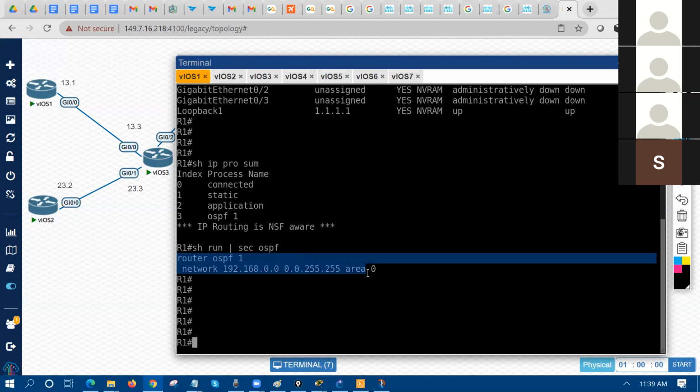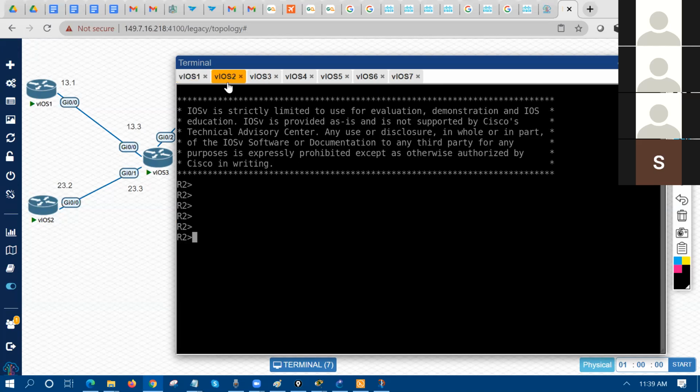So if you see this configuration, router OSPF 1, I'm going to advertise this network on router number 1. This same configuration is done on every single router. On every single router, the same OSPF configuration is there. So if you go to router number 2, enable,